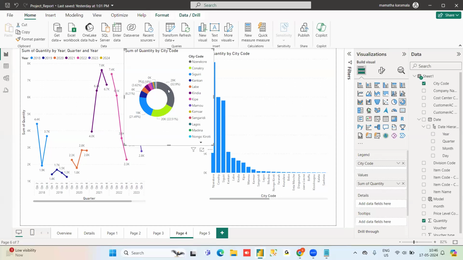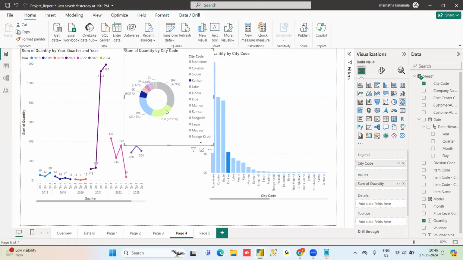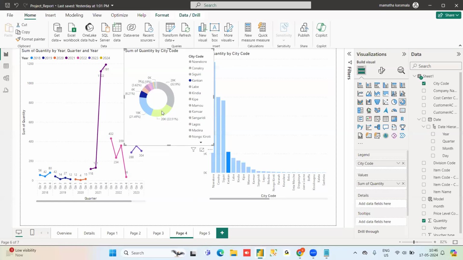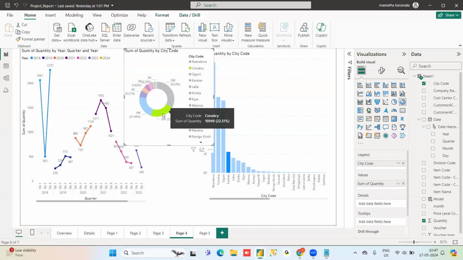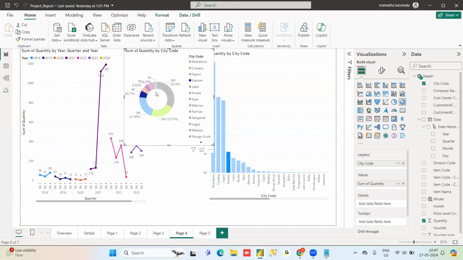Normally where we use a pie chart or a donut chart, you have limited categories. Here these visuals are interacting. That is the reason if I am clicking, the two other visuals are also interacting. If I click here, it takes one city, and only that particular city's quantity is selected, even in other charts. Interaction is there.